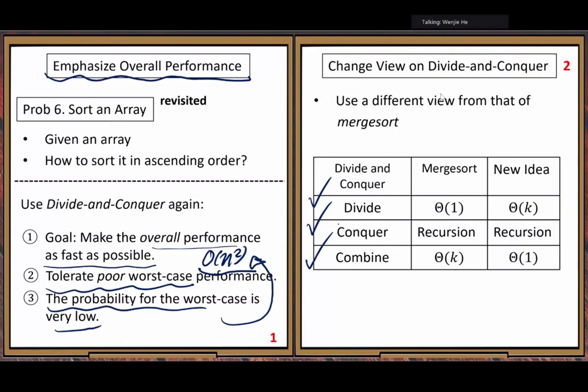In these 3 steps, the conquer step is automatic because of recursion. We do recursion to take care of the conquer step. It's automatic. But the divide step and the combine step, we need to use our special ideas here.